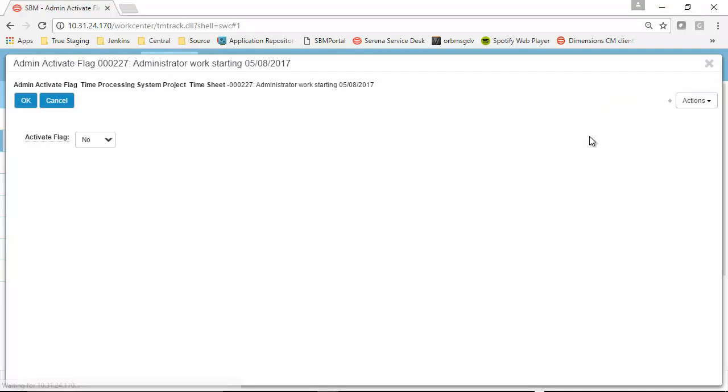As you can see, there's a field that needs to be set called Activate Flag. In the notification, there's a rule that says when the Activate Flag is switched from no to yes, it will kick off the auto creation of the timesheets. So if we go ahead and do that here,